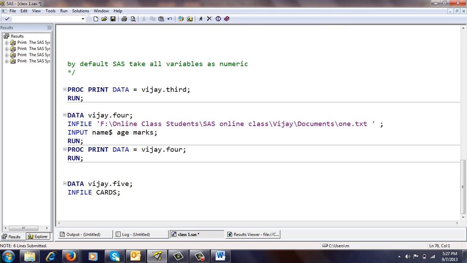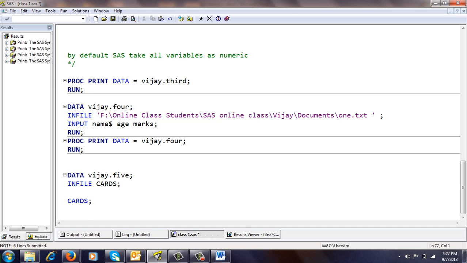And then we give here cards and we specify the values which you want to read.